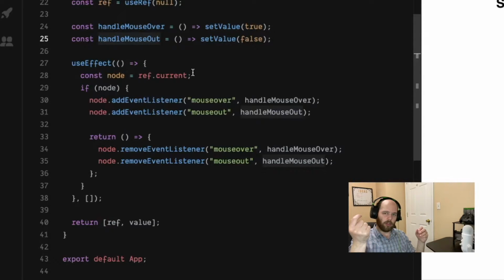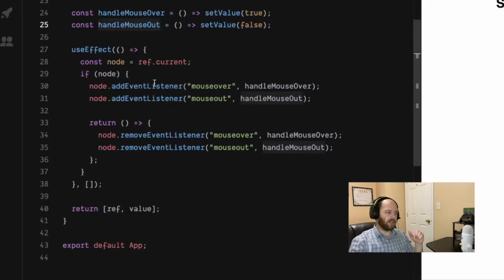So at this point, it already assumes that you have your ref attached to the div that you want to use it, or to whatever element you want to hover. It grabs the node out of it and does a check to see that we do in fact have this node. And then it just attaches event listeners. It says, let me attach the mouse over event listener, and then let me attach the mouse out event listener. And then as these events get fired, these functions get called, ultimately setting these values to either true or